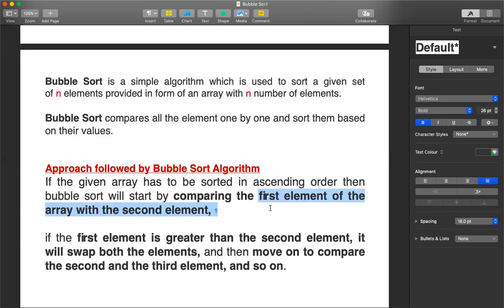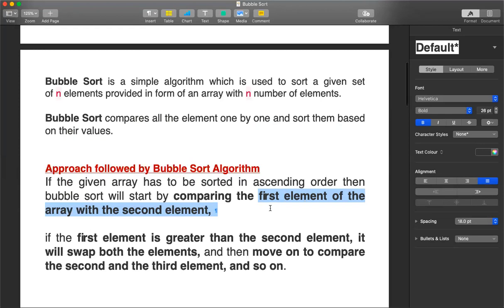If the first element is greater, since ascending order goes from smaller number to bigger number, then they have to swap position, because the least element will come to the front of the array and the highest element will be at the end of the array. It will swap both elements if the first element is greater than the second. Once swapped, you apply the same procedure for the next two elements, the second and third, and this continues until you reach the end of the array. This is the approach of bubble sort.